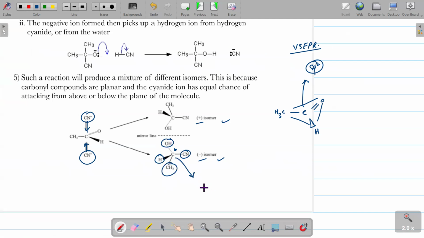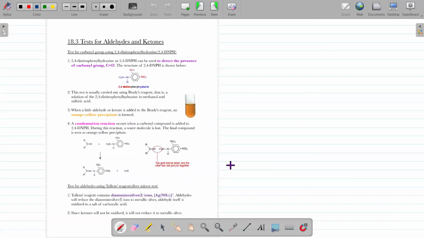So this carbon is a chiral carbon, and optically active compounds are formed. That is basically the attack of the cyanide group from any side because of the structure of these aldehydes or ketones. The hybridization of carbon is sp2, so it is a triangular planar structure. So this is about the reactions of these aldehydes and ketones. And now next will be our